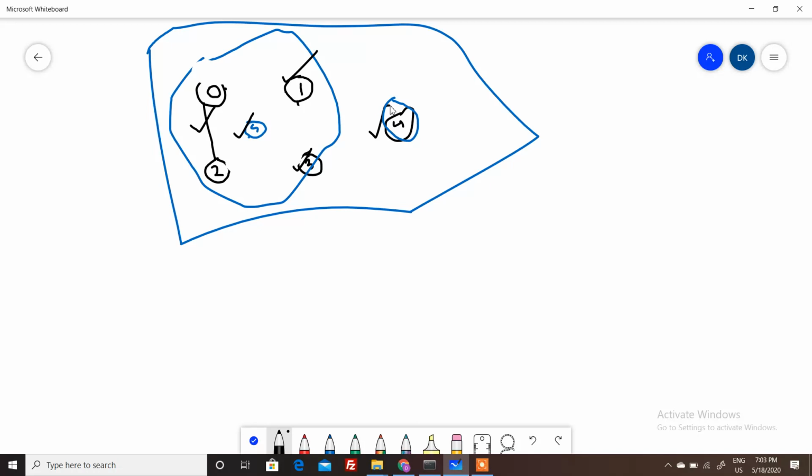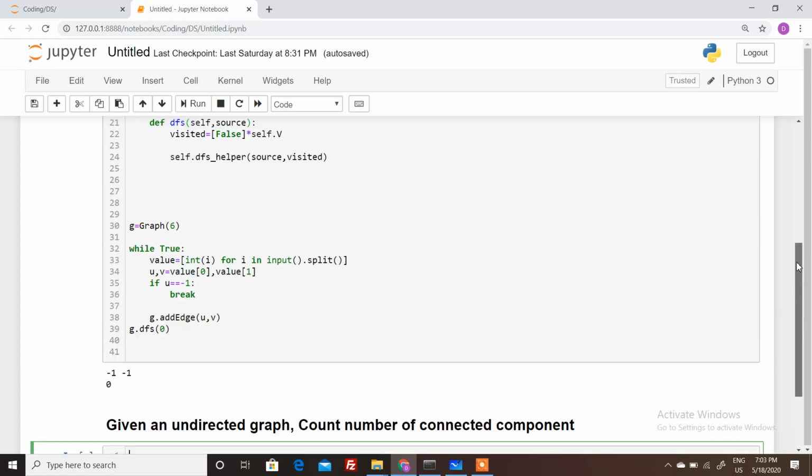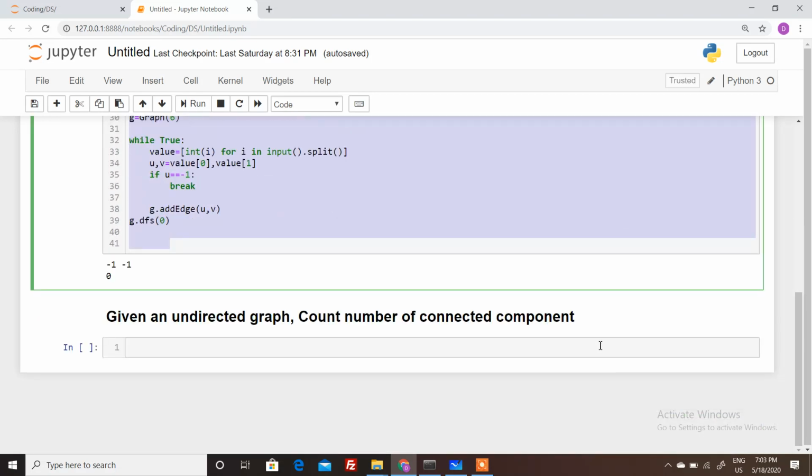The approach for this problem is, we will do a simple DFS search, which we have done in the last tutorial, and we just need to iterate over all the vertices. So let's write the code for this graph. I've already written the code for DFS, so let's use it.